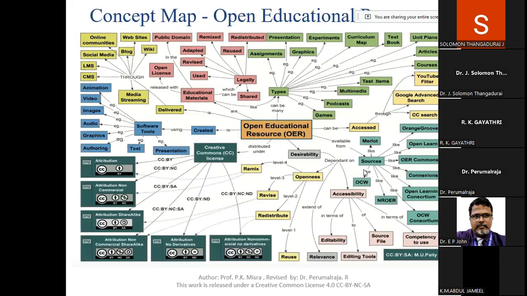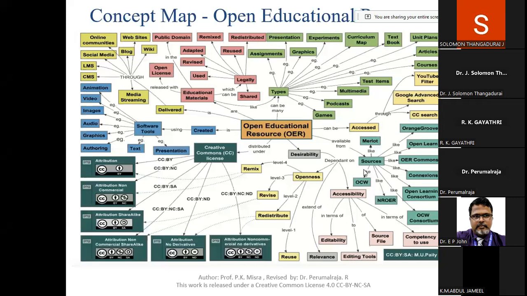So basically the open educational resources will be like that. Open educational resources are distributed under a Creative Commons license as CC BY, which means we have attribution. Open resource education materials are in the public domain, or education materials are released under an open license. If that is the case, then we can use them. So if it is in the public domain or under an open license, it will be considered as OER. OER are educational materials which can be legally shared or reused, adapted, revised, and remixed. So likewise, this entire map will discuss the OER.